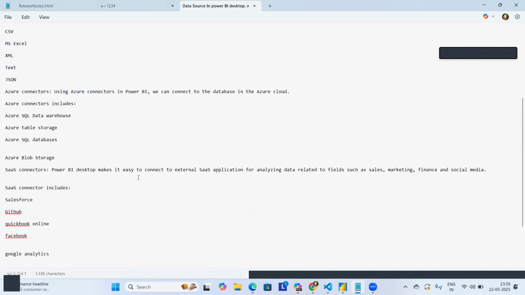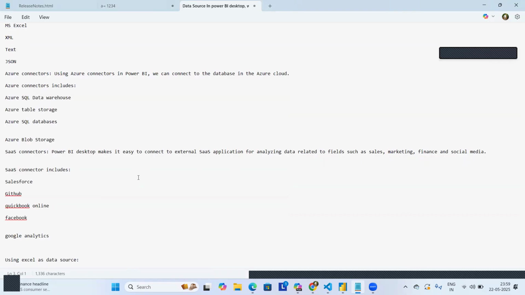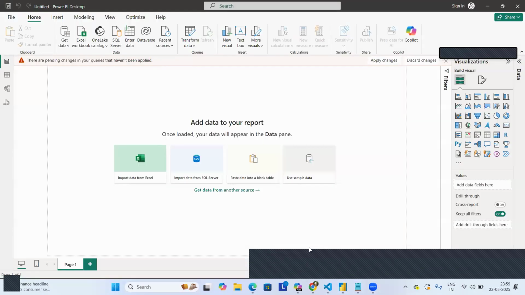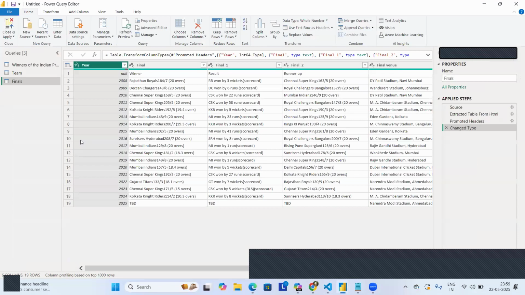And then coming to SaaS connectors, if you want to connect with any of Google Analytics, Facebook, Salesforce, GitHub, then we just need to select the appropriate connector. Let's say